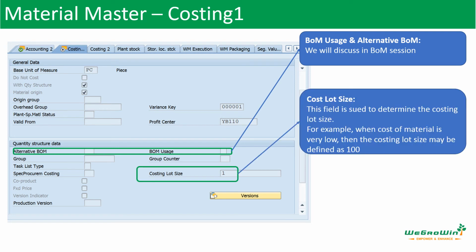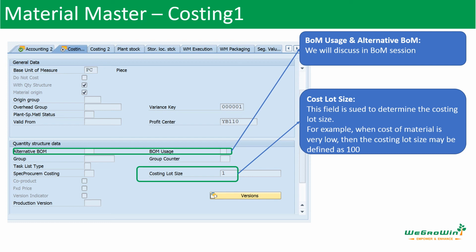Next is the costing lot size. When we want to run the cost for the materials, we can run the cost for one material, for two numbers, or 10 numbers, 100 numbers, whatever it is. For example, there is a production item where we have the setup time, there is a setup cost, and there is a processing cost also. If you measure this costing for one number, then the total setup cost will be assigned to this one material only, and the costing will show a very high cost for the material. Instead of that, if you run the regular optimized batch, for example 100 that you normally buy, and run the costing for 100, the setup cost will be spread over these 100 numbers. You'll get the right numbers there.